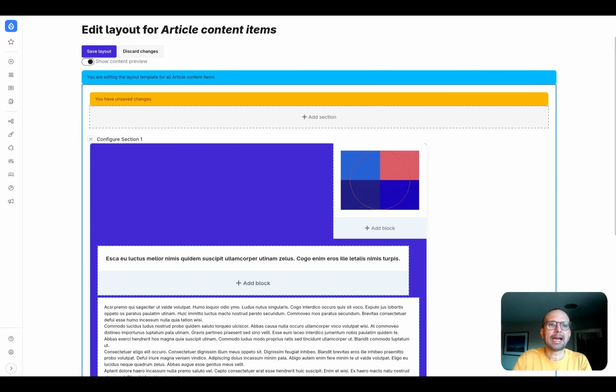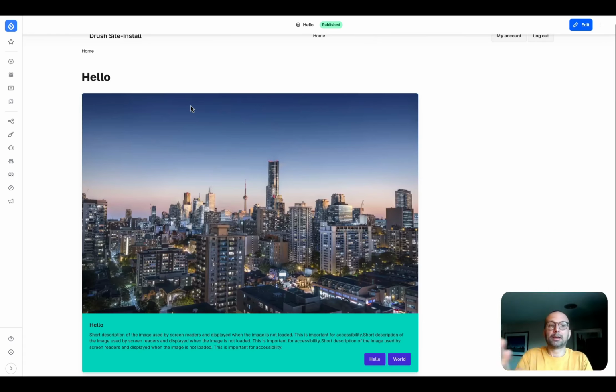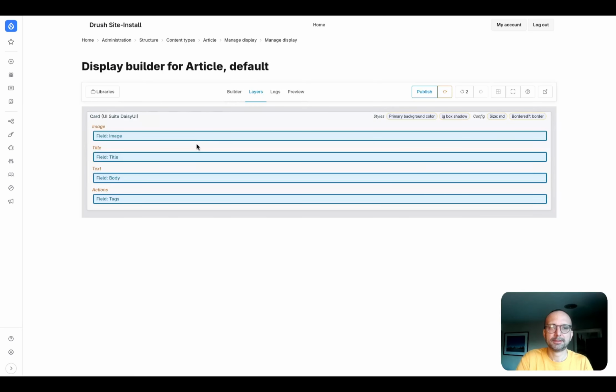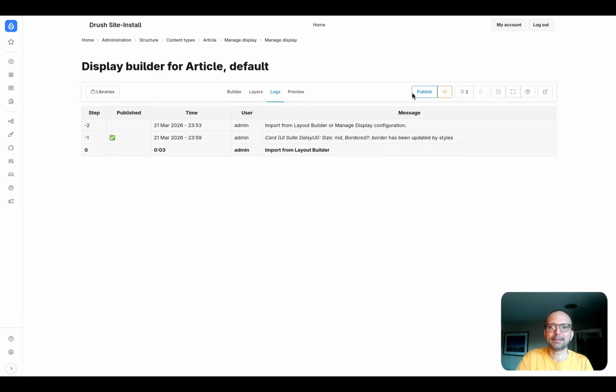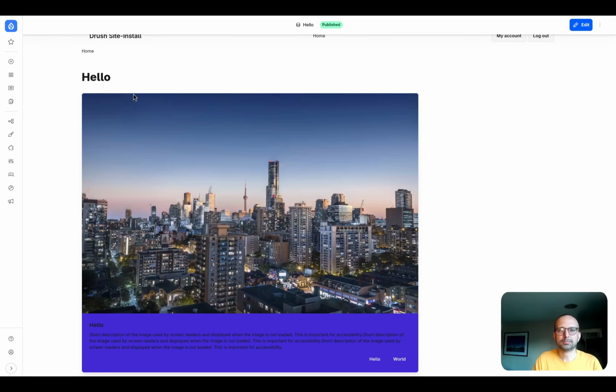It's a blue. I save. Now it's still green. Yes, Display Builder is still in control, but it was copied. It's a log line, and if I publish, my card is blue.